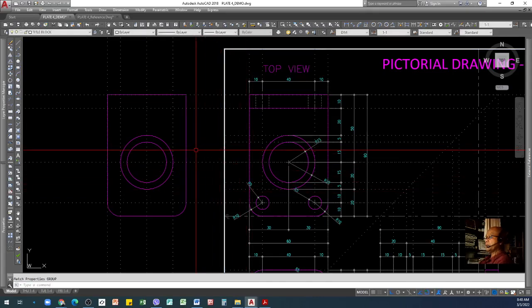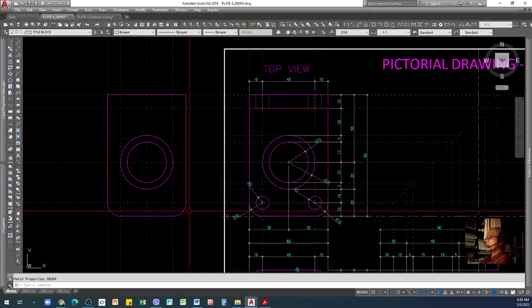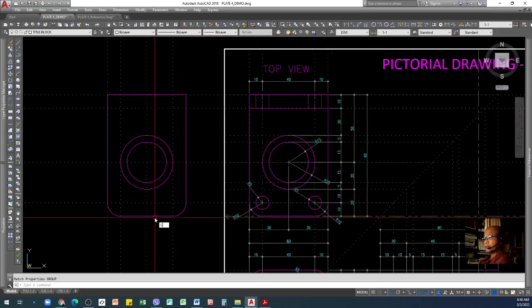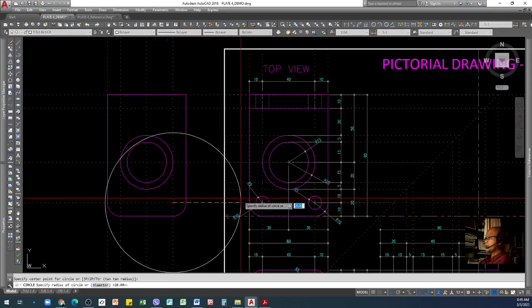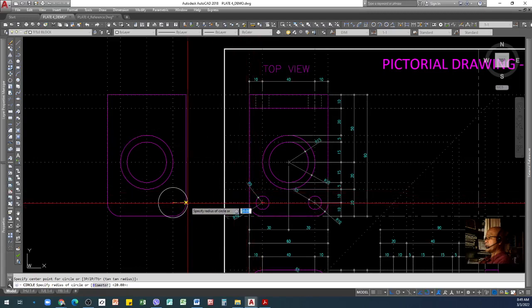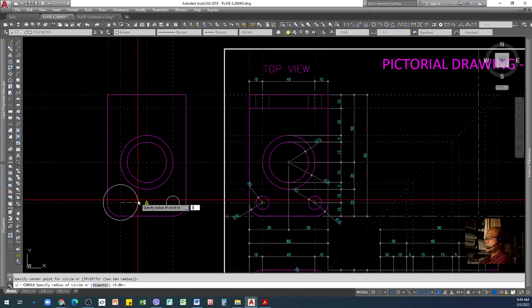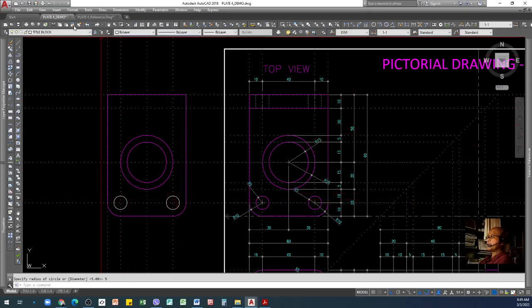So I will undo. Then after that I will just draw another circle. The dimension, the radius is 5. Another one here, radius is 5. Enter. And then again, match properties, click, click, click.